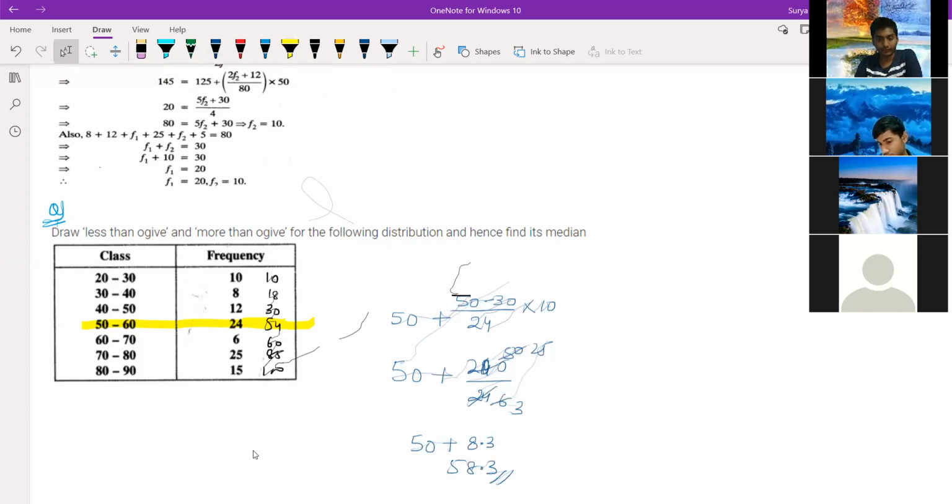Got the answer, Praharshan? Yes, sir. In this kind of question, don't try to take LCM. I told you so many times, don't try to take LCM over here. No, sir, I didn't. I put the CF as 54 and I put plus instead of minus. Acha. So here 50 as it is you put, and don't take LCM here. 25 by 3 you just solve separately. That is 8.3. The 8.3 plus 50 is your 58.3. All right, that's it.